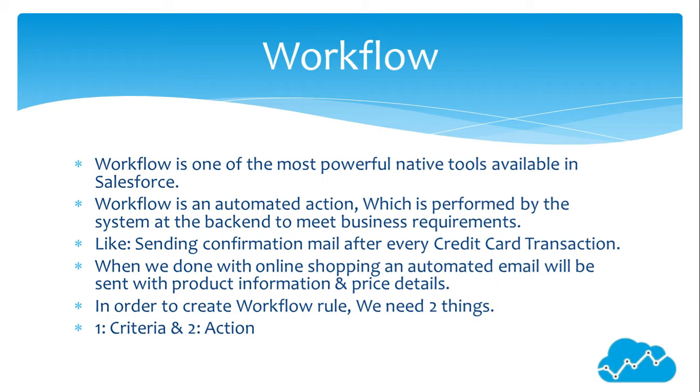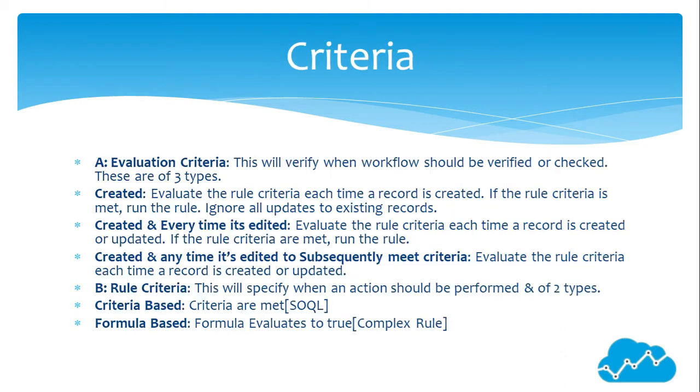In order to create a workflow rule, we need two things: criteria and action. Evaluation criteria will verify when workflows should be checked. These are of three types. Created: evaluate the rule criteria each time a record is created. If the rule criteria is met, run the rule, and ignore all updates to existing records. Created and every time it's edited: